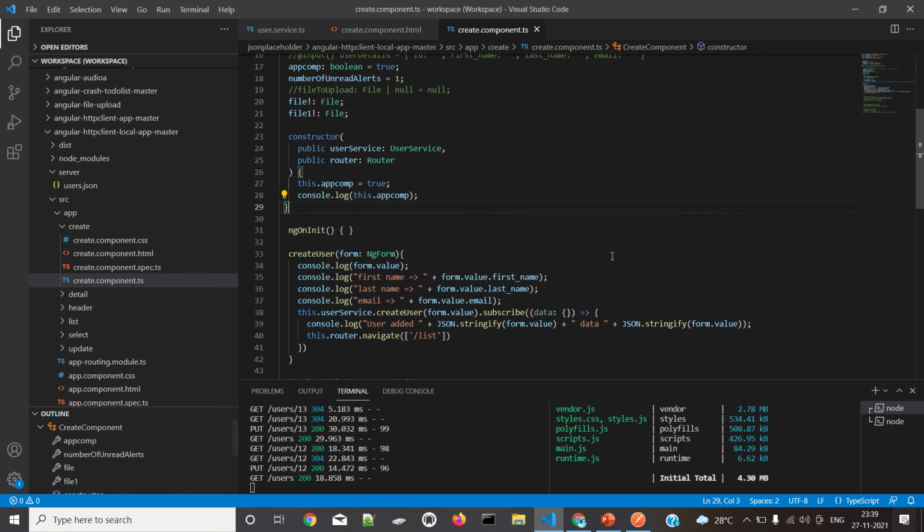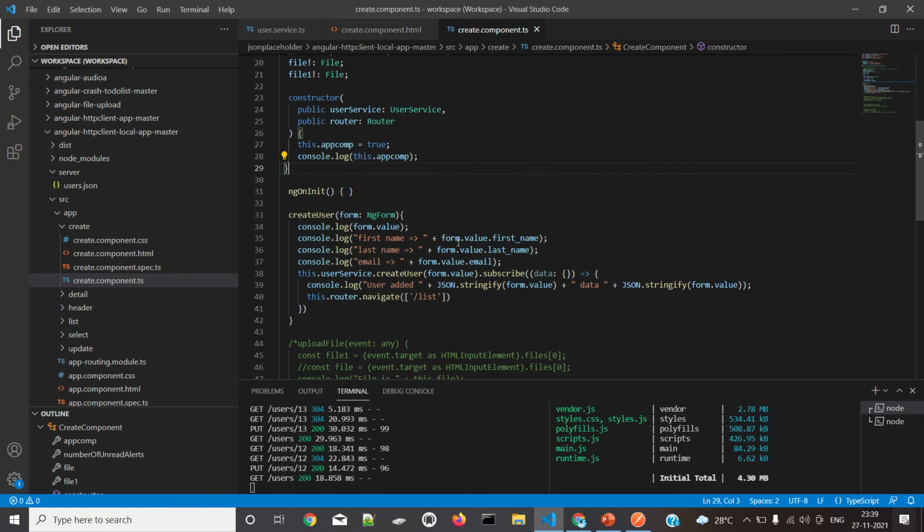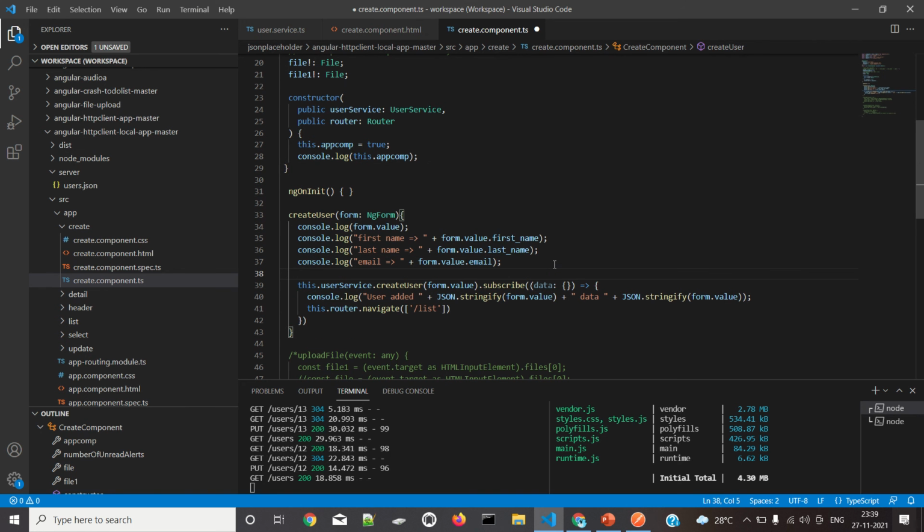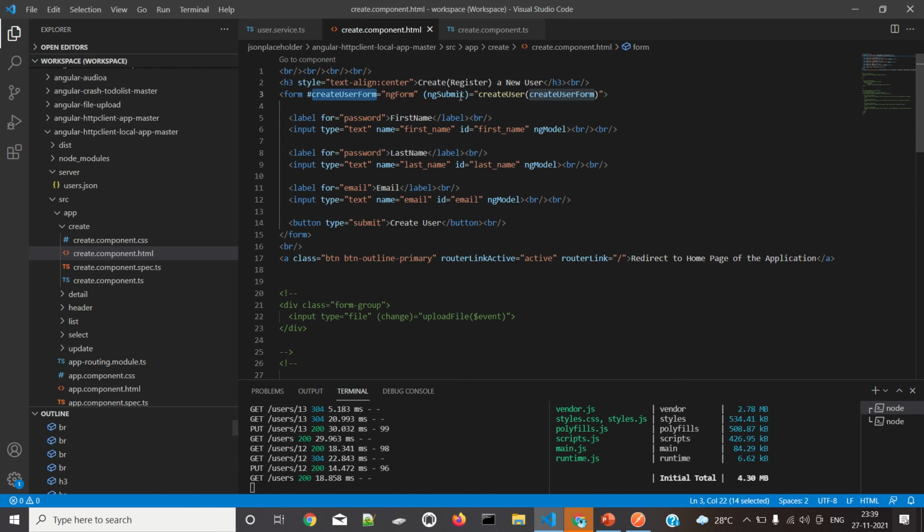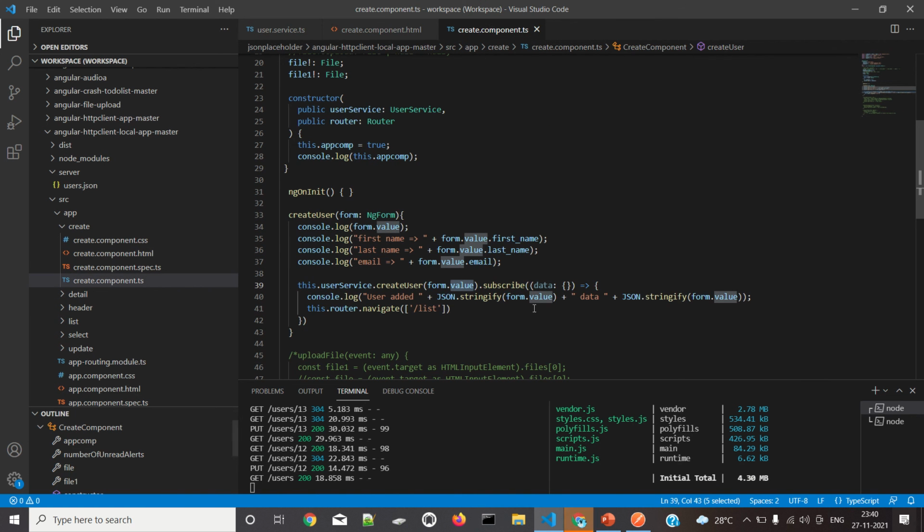Okay, so what I'm doing here is calling this particular method. This dot user dot create form dot value. So this form's value is getting updated here, plus the JSON stringify of data.